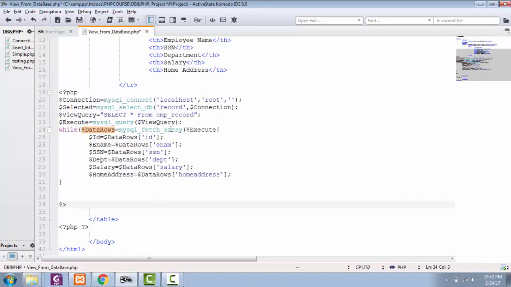Now let me revise it again for you. First of all, this view query is going to add this select star, meaning select all the columns from our employee table. Then this execute query is going to tell our database that we are running our query, and then using this while loop we are going to fetch our data from our database and put it in our new variable of data rows. We need this parenthesis ending right here that belongs to this fetch array function, and then